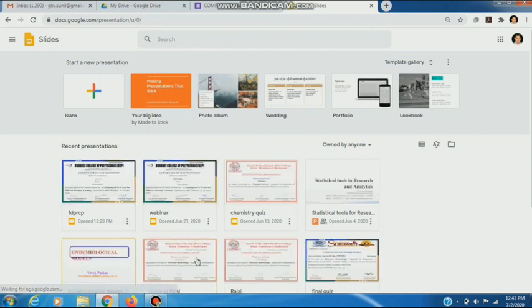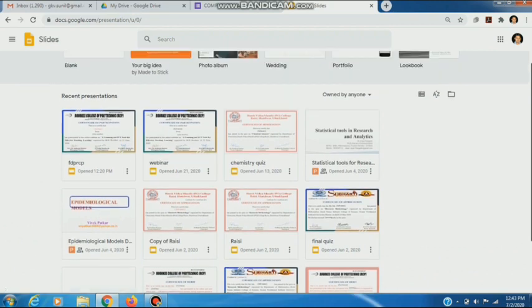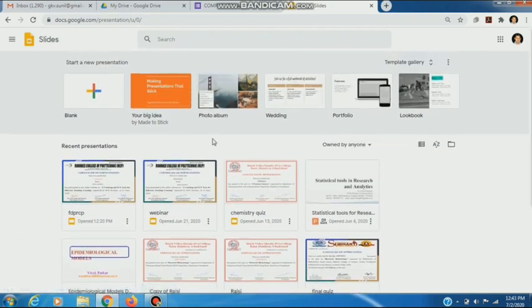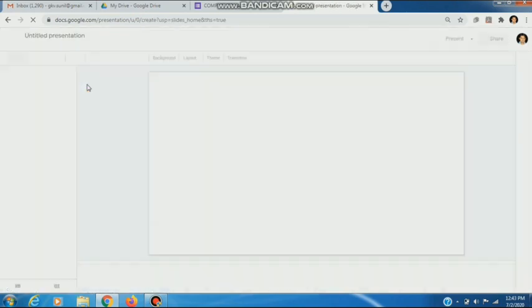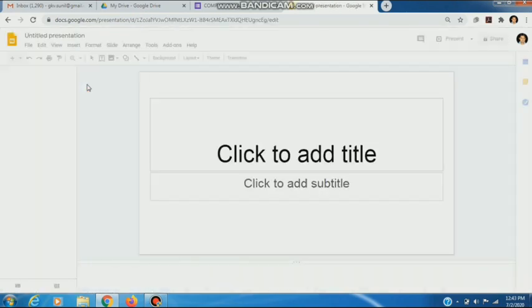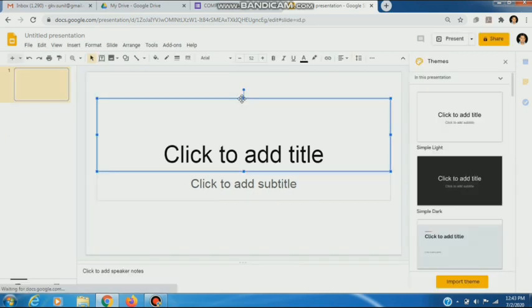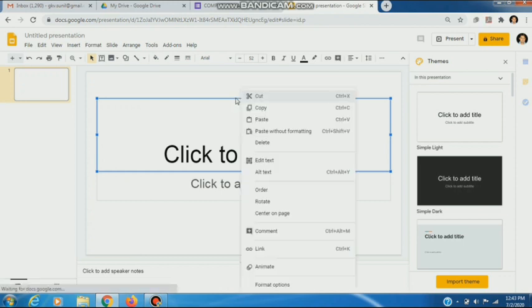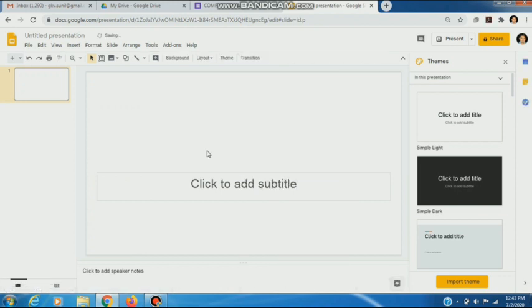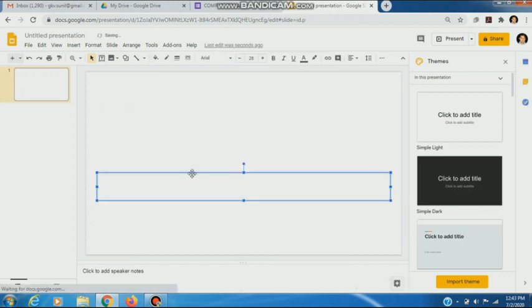Here we can see that I have created many certificates already, but because we are using it for the first time, I click on blank certificate. I delete these titles and the text box.